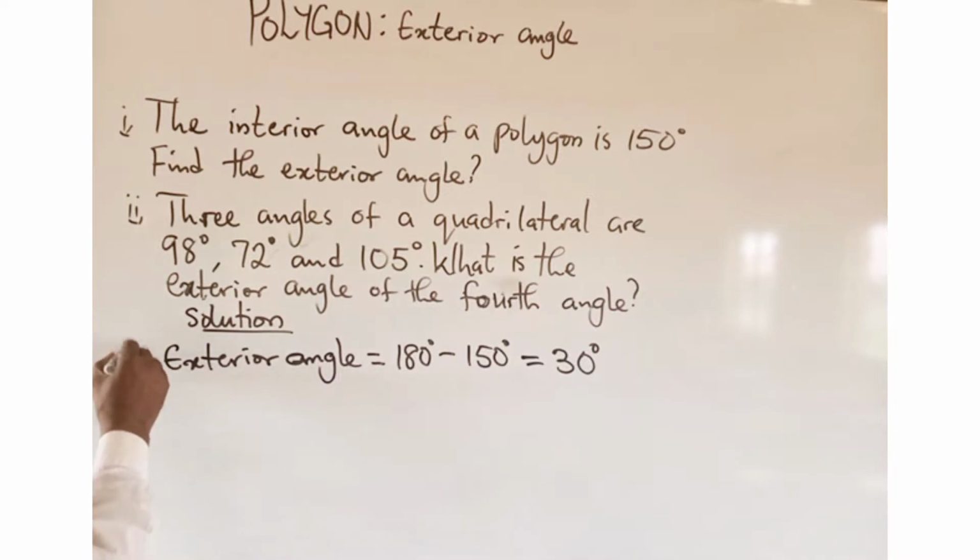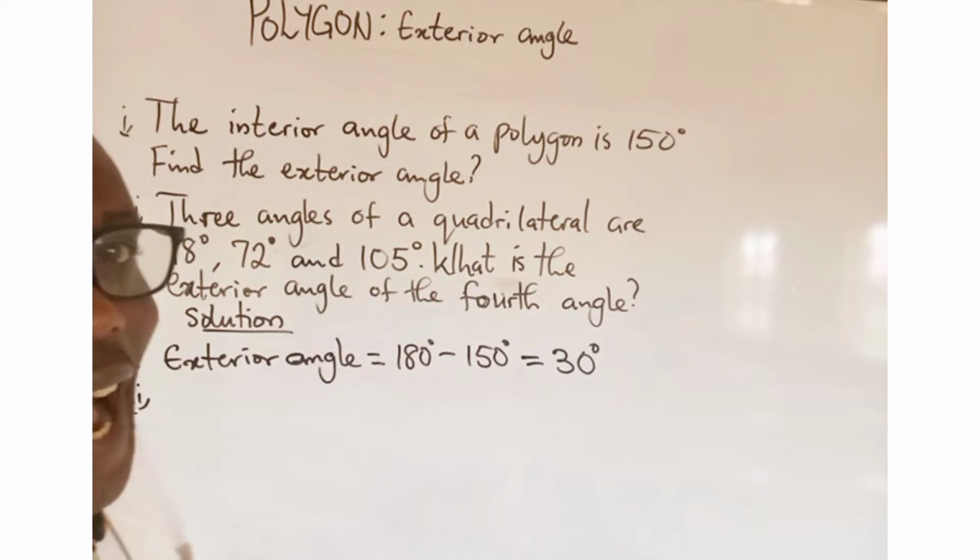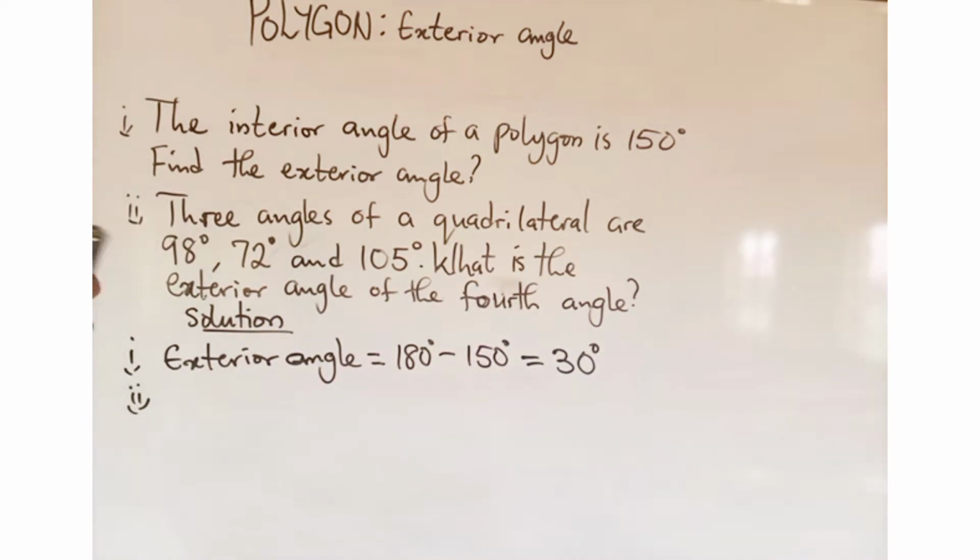So the second question says three angles of a quadrilateral are 98, 72 degrees, and 105 degrees. What is the exterior angle of the fourth angle? Here you must find the fourth angle first before you can find the exterior angle. So the solution to the second question, let